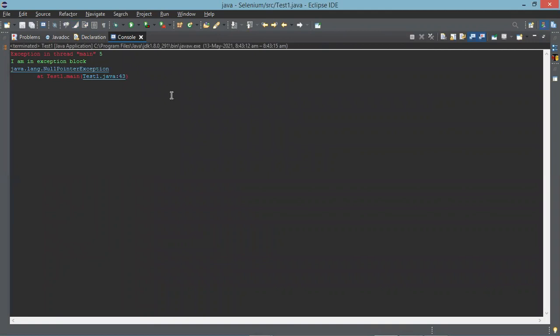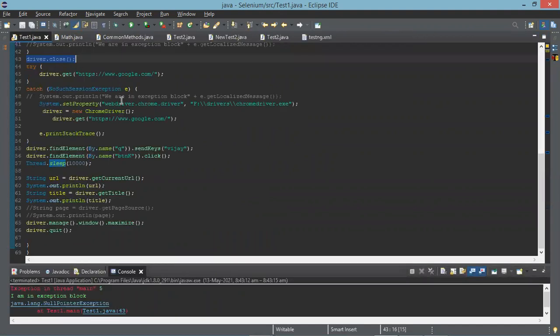Click on there. It shows an exception in main. Click on line number 43, Test.java 43. It will take you to the particular exception. Now close that, remove that close.